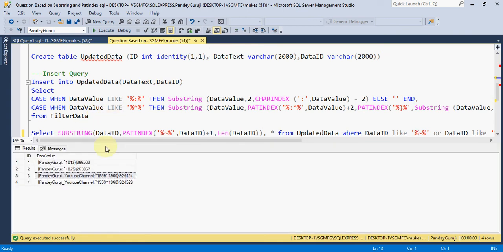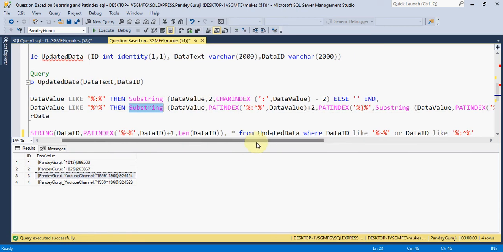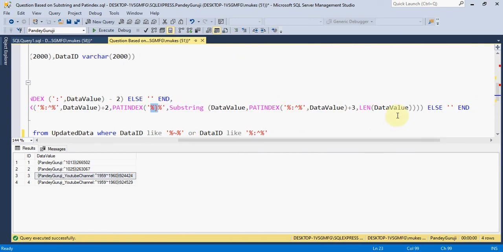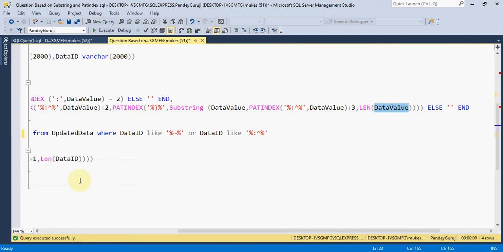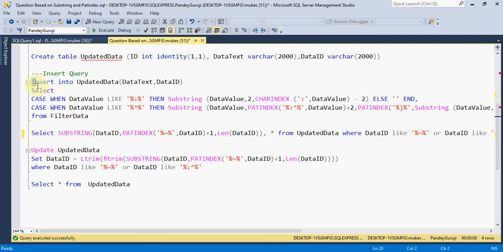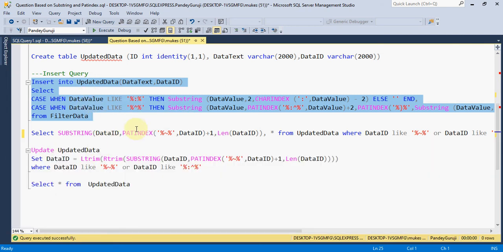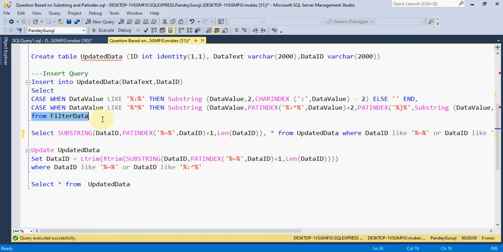Same, we can use SUBSTRING, data value, PATINDEX, and we can use PATINDEX by finding the starting position where we need to start, and for the ending position we need to use this PATINDEX closing bracket, and same for the length, we need to use the length of this complete value. So we can see what will happen if you insert this data. If you insert the data, we can see the data got inserted, and we can put the select statement from this table.